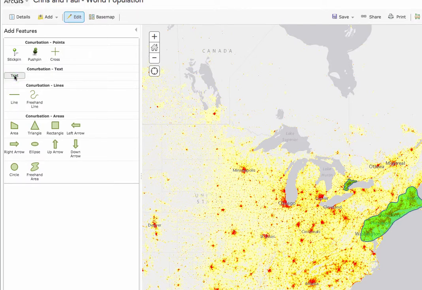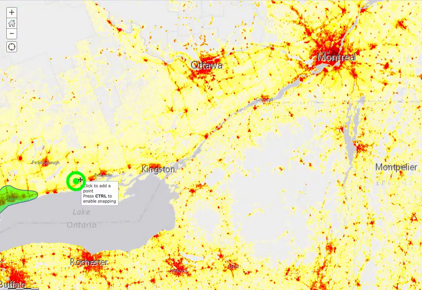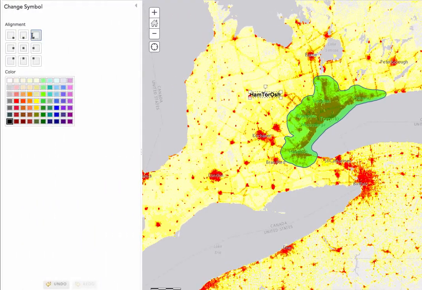So we can click on text, and it might be a good idea to zoom in a bit more. Positioning. So we'll click somewhere over here, type in Hamtorosh. Don't worry that it looks like it gets cut off, and then just click outside and we'll get to see the whole label. If we click on it, we can do some things, and the important thing, there's a red circle on the bottom left corner, and that's what the alignment is getting locked to. So as we scale in and out, that point gets locked to the map,